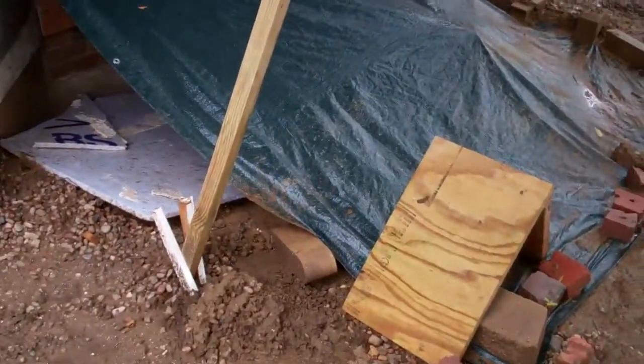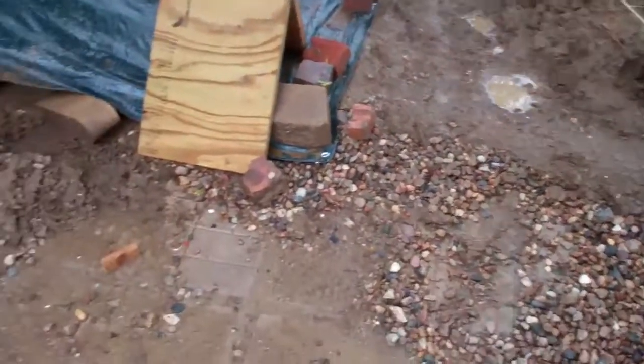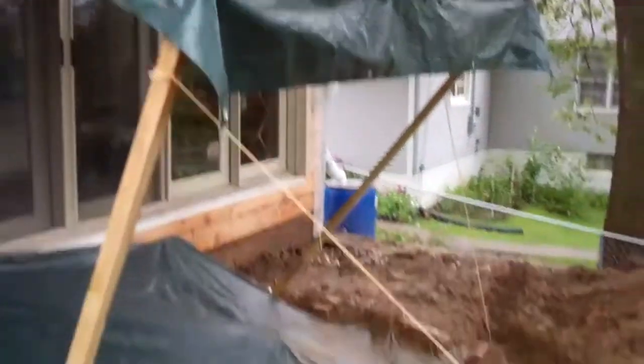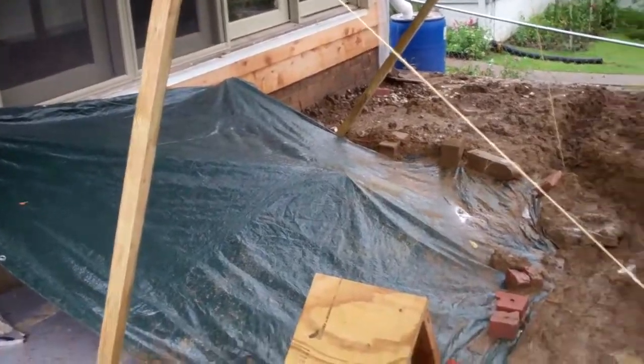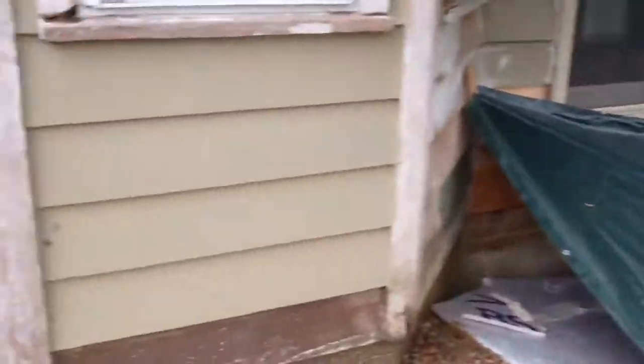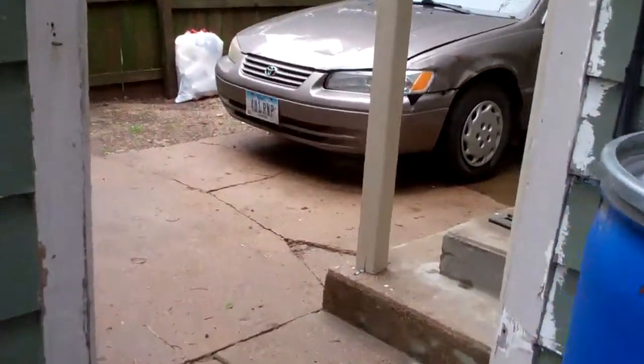So our problem today, because it's obviously just a big mud hole out here again because of the weather, we'll leave this up for any new storms, but it's supposed to dry out the next few days. But last night's storm again showed us that we have a problem, and what we thought was